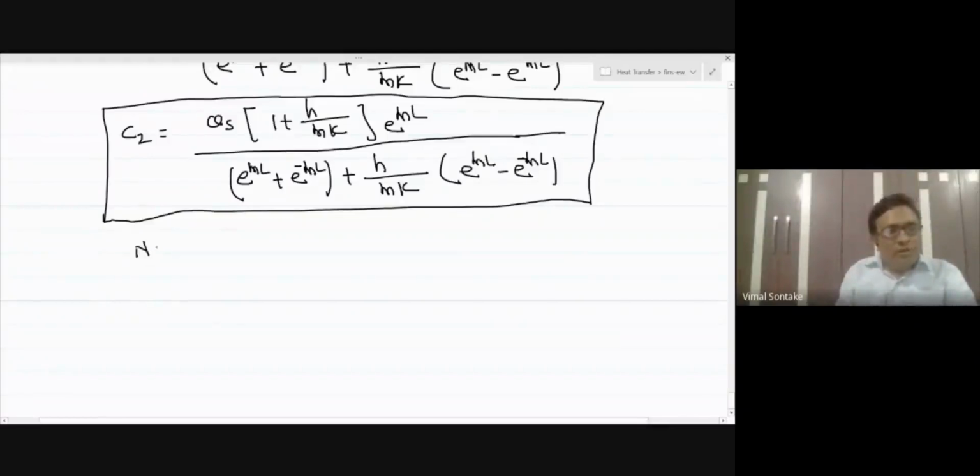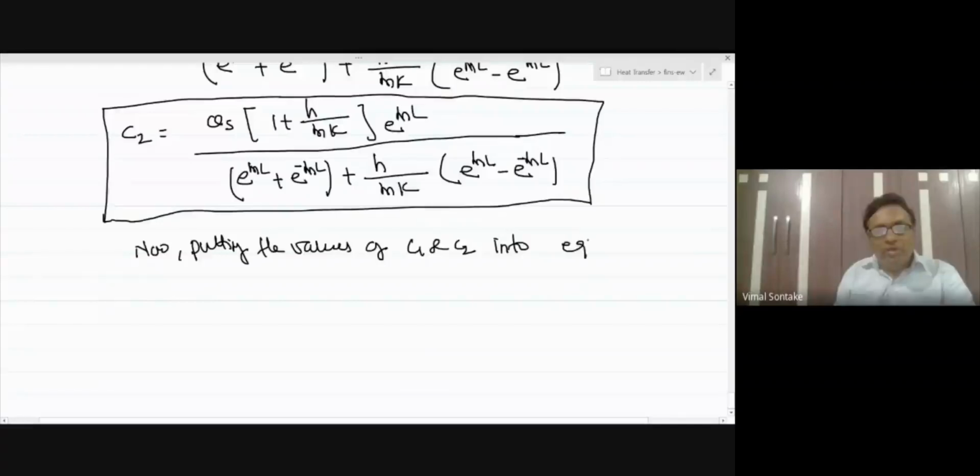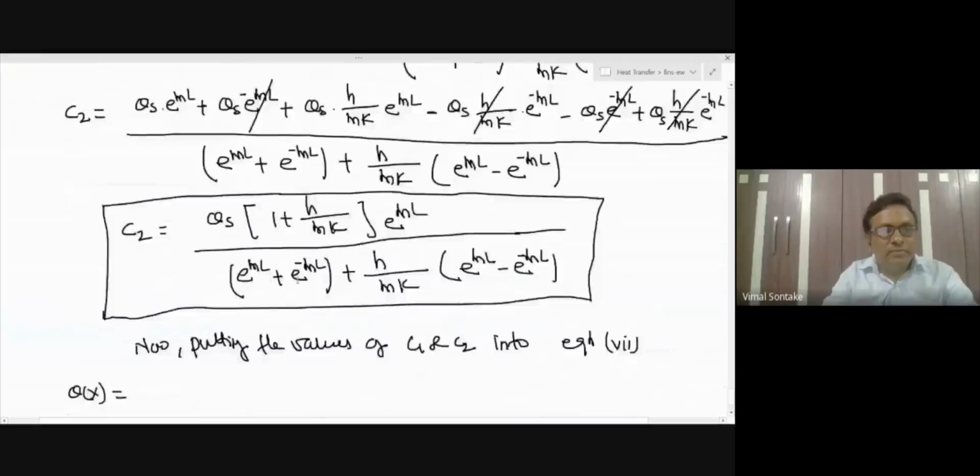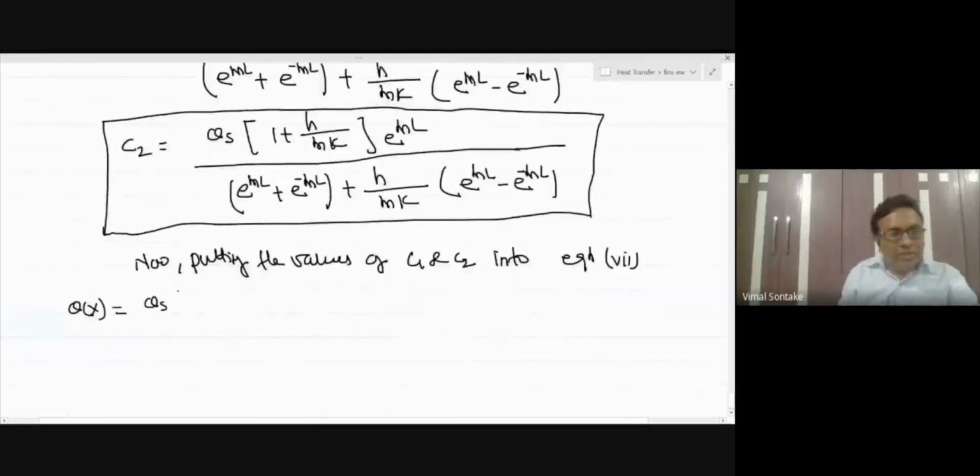Now putting the values of C1 and C2 into equation number 7, because we want to calculate the value of Tx at any distance x along the length of the fin when, under the boundary condition, the fin is of finite length and losing heat at the tip. So see, it will be a big term. Theta x: the value of C1 is theta s 1 minus h over mk e to the power minus ml. This is the value of C1